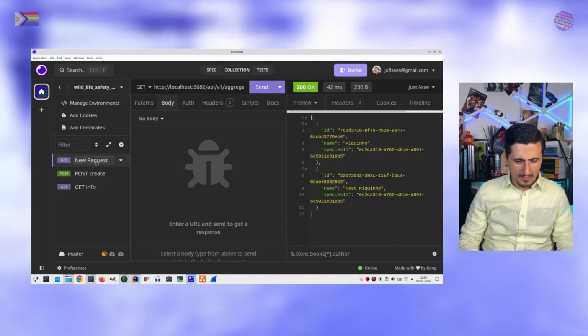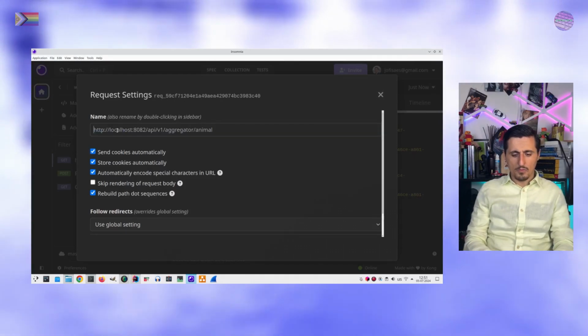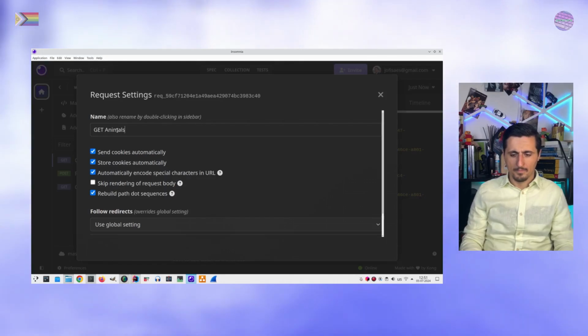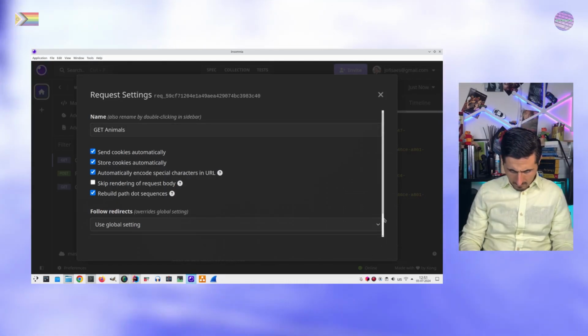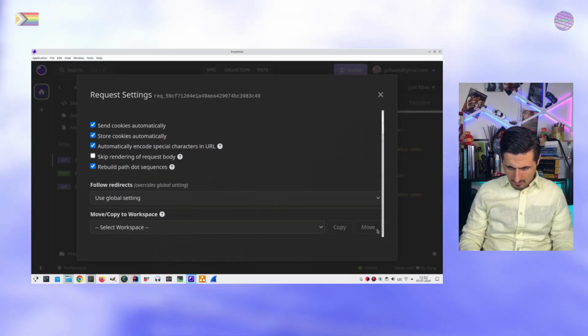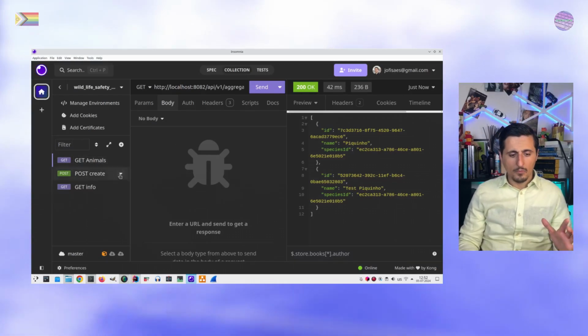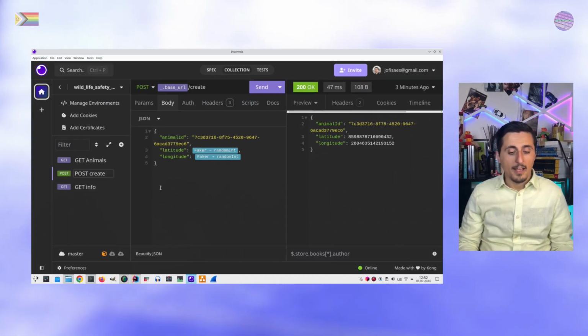Let's say that this is settings. Let's call it, instead of new request, "get animals", for example. And this we can then save like this. And then we can go to our post create location, which is this one, and then say